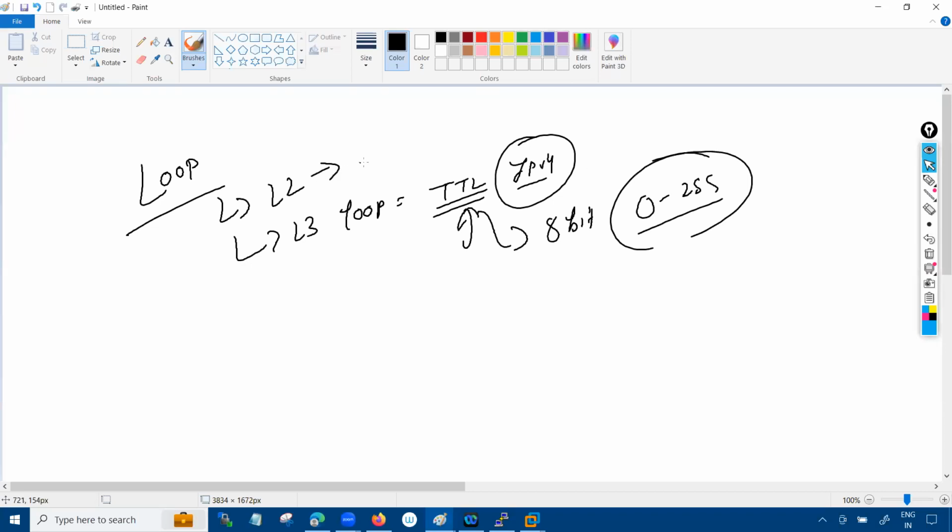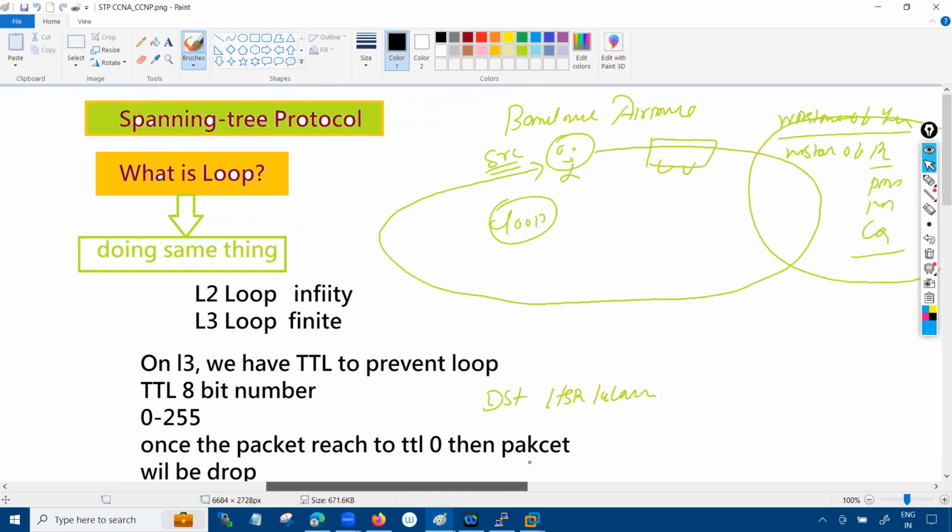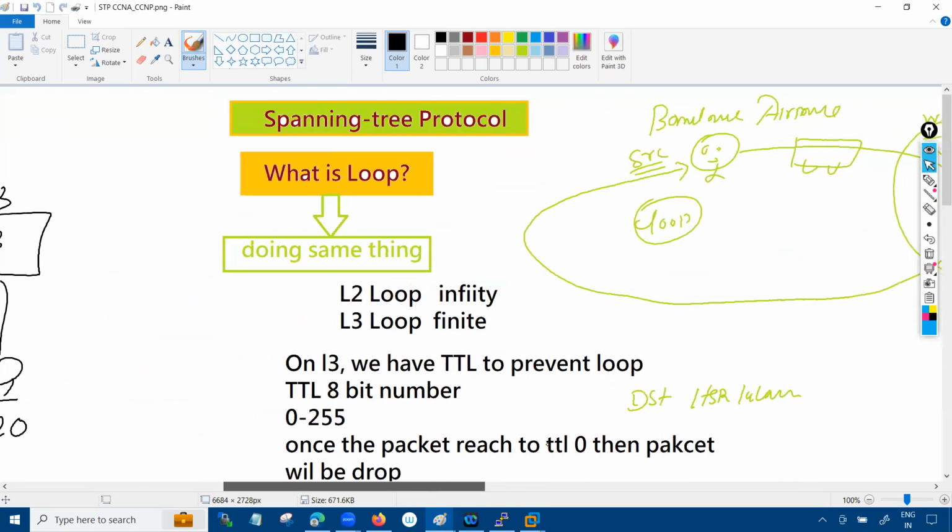In a layer 2 header, we don't have any TTL mechanism. That's why we came up with the solution called the spanning tree protocol, right? We have seen that there are different flavors of the spanning tree protocol. If you remember, one is